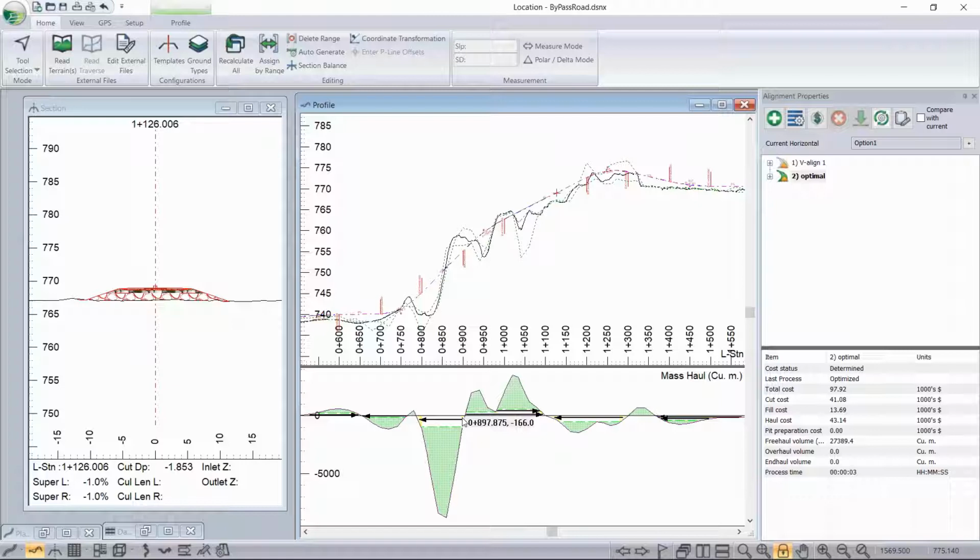Okay, so previously you did have to move the horizontal alignment around and then rerun the vertical. Now you don't have to do that. I'm just going to show you what the result is. I'm not going to run it because it will take a long time. So basically you have the original vertical alignment and then the optimized vertical alignment. What you do is you have to,